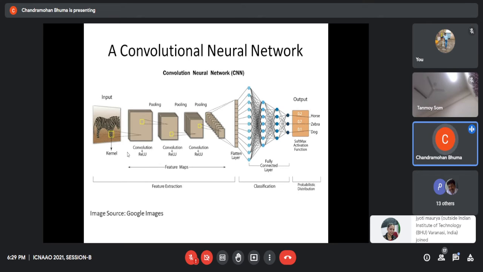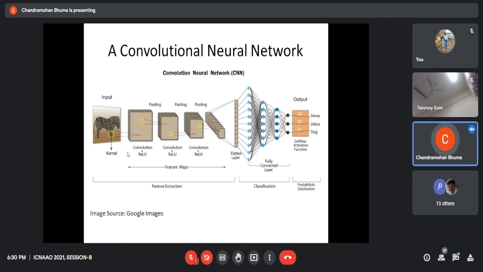This is a typical convolutional neural network where we have the input image, then a convolutional layer, rectified linear layer, then a flattening layer, and then a fully connected layer. Then we use these features to classify the image, for example, whether it is a horse, zebra, or dog. In this case, we supply the images of spirals and waves, and we identify whether the patient has Parkinson or no Parkinson disease.